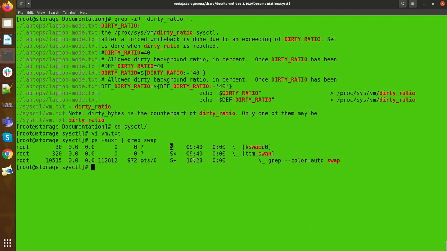Right now this daemon is in sleep state, because there is enough RAM available. Swap used is 0, meaning if you run any application, there is enough RAM. But suppose your RAM is lower and you are running an application, then the kswapd daemon will run, and it will move inactive pages into swap. That is the usage of kswapd.